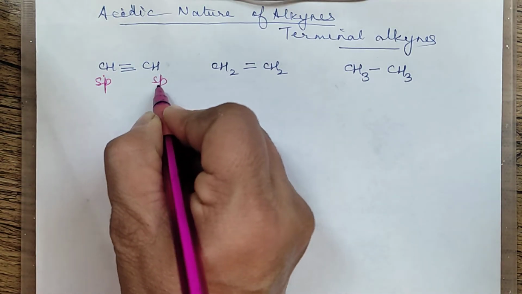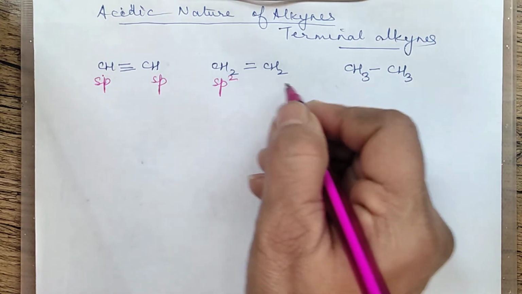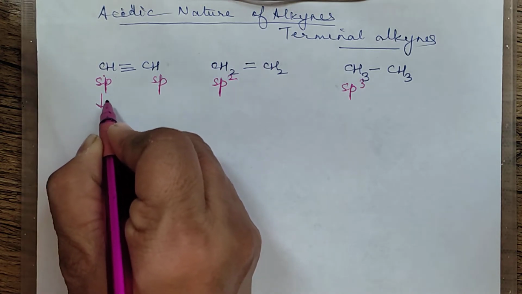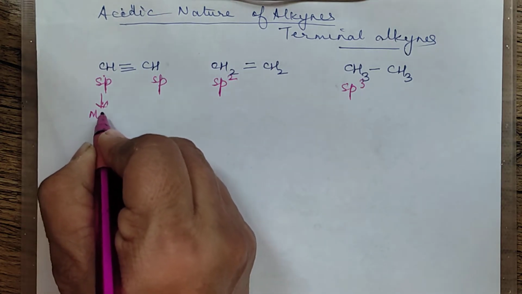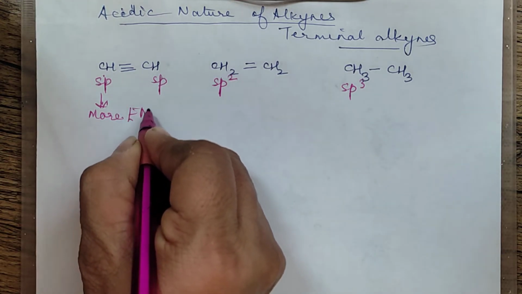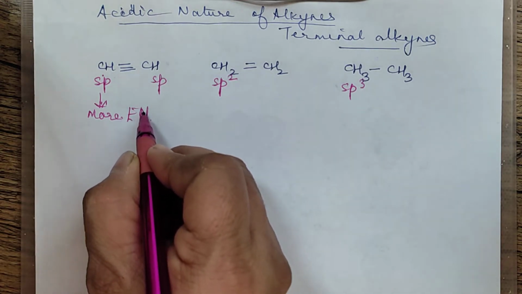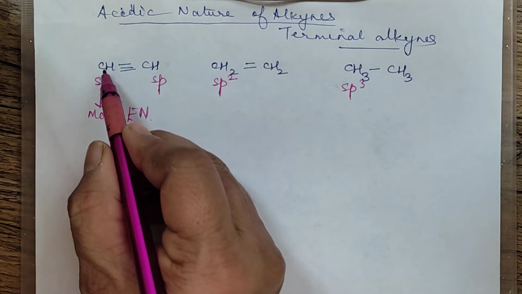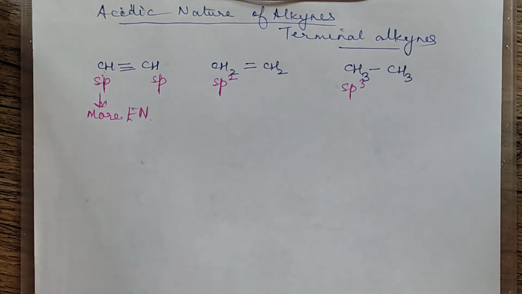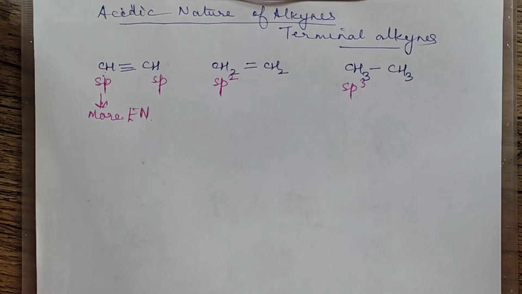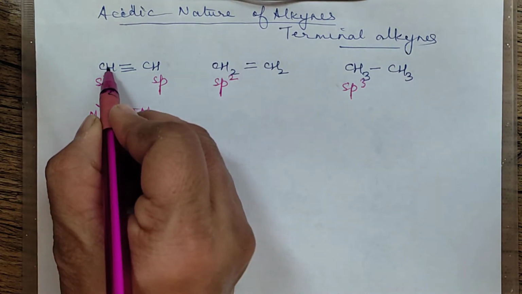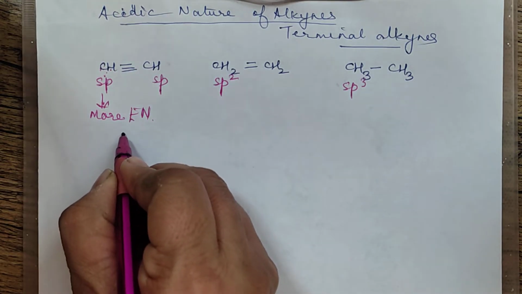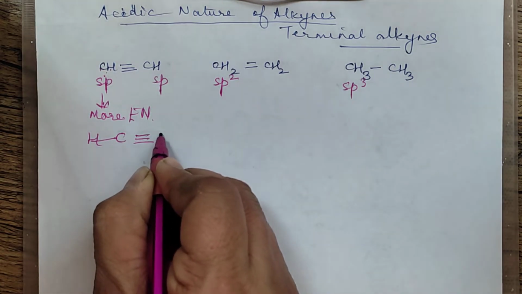In ethene, both carbons are sp2 hybridized. In ethane, it is sp3 hybridized. We know that an sp hybridized carbon has more electronegativity. The more the electronegativity of the carbon atom bearing the hydrogen atom, the more will be the acidic nature. Why is it so? Because this hydrogen is attached to the carbon atom which is more electronegative. So if I open this up and write the carbon atom like this,